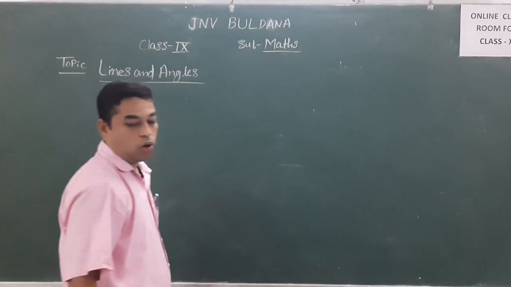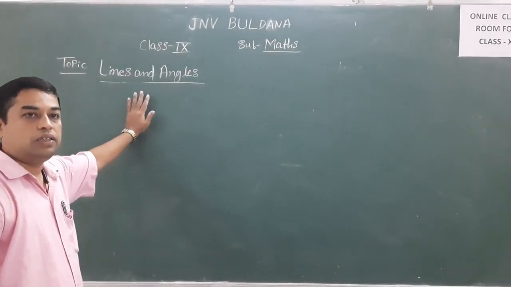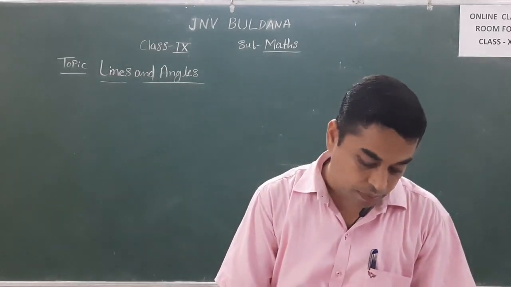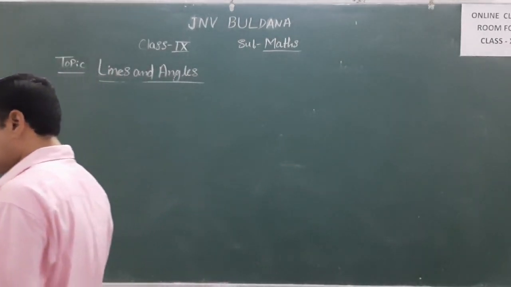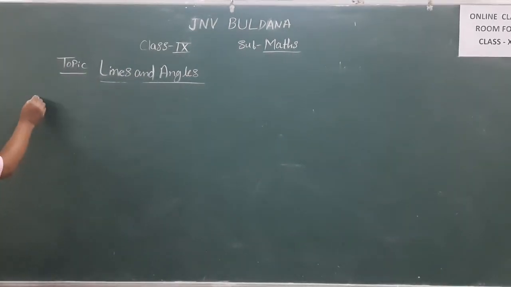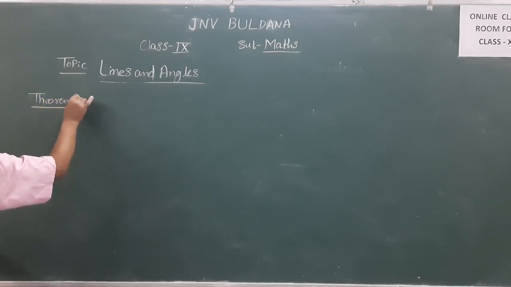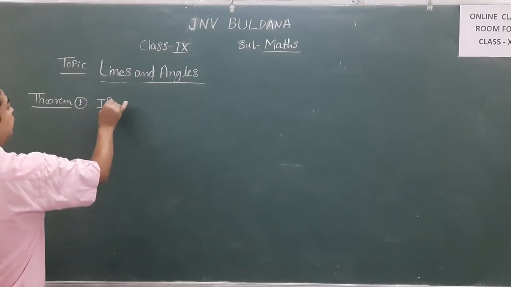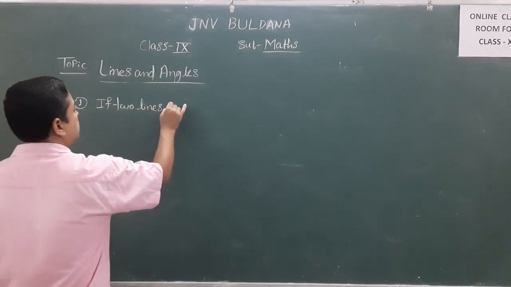So after revising all these terms about lines and angles, now we will start our main topic of the 9th class. After discussing lines, angles, basic terms and pair of angles, our first topic is theorem. We will start with the theorem. What is theorem? Theorem first. If two lines intersect each other,